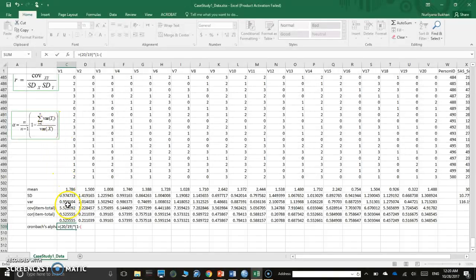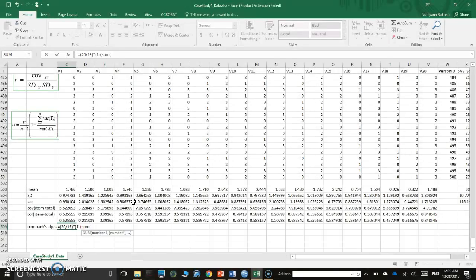Basically here we have y sub i, which means every item from 1 to 20, and then we have to sum up all the variances. So basically we just use